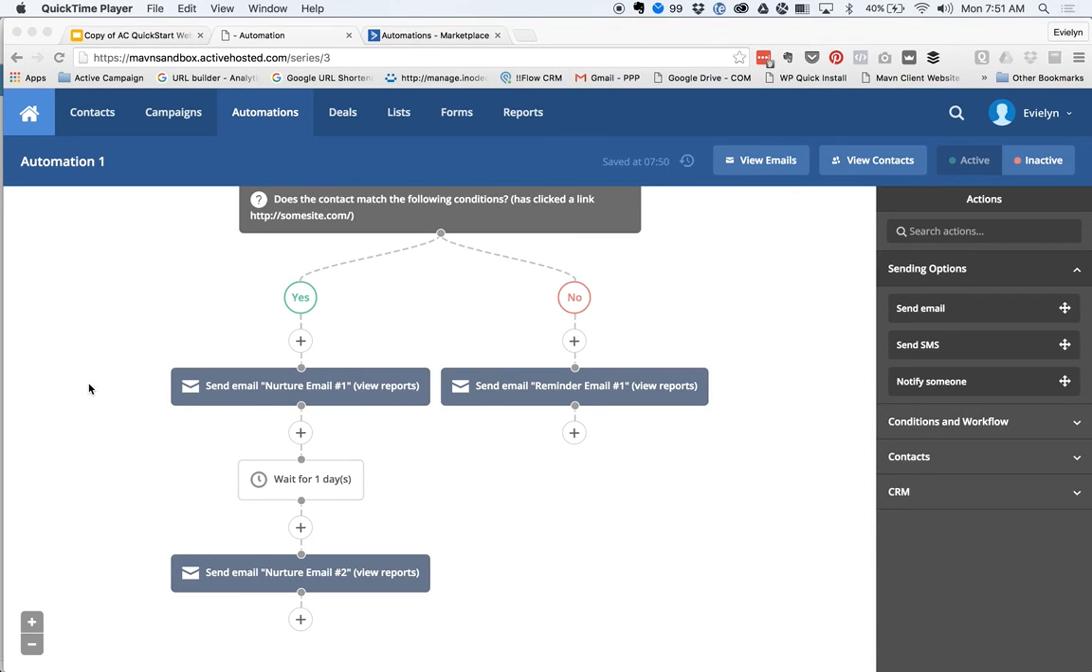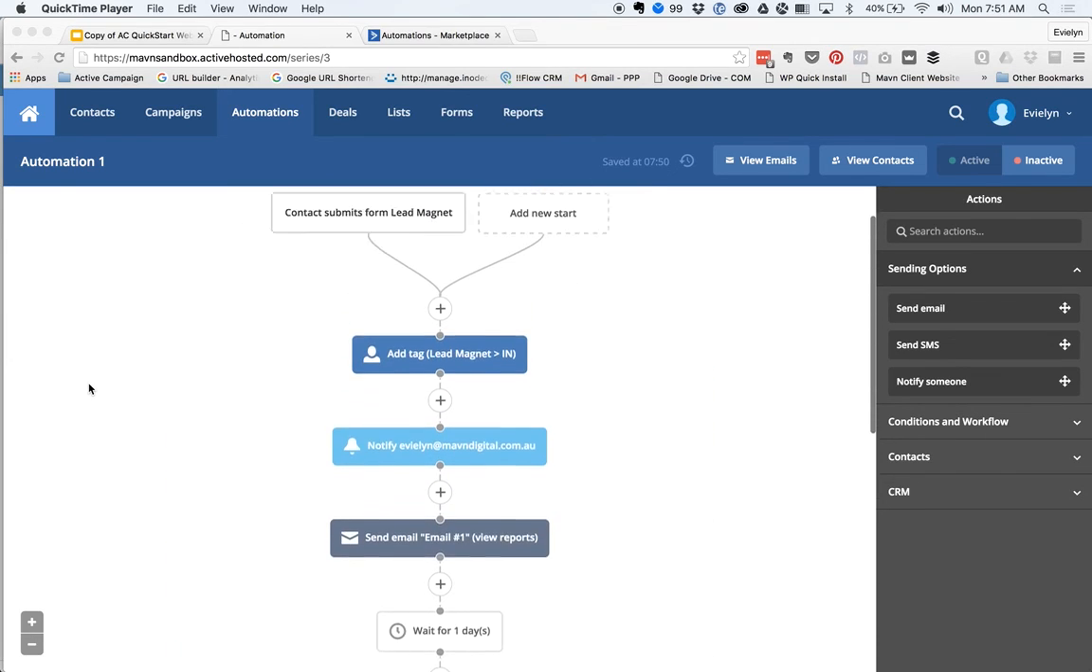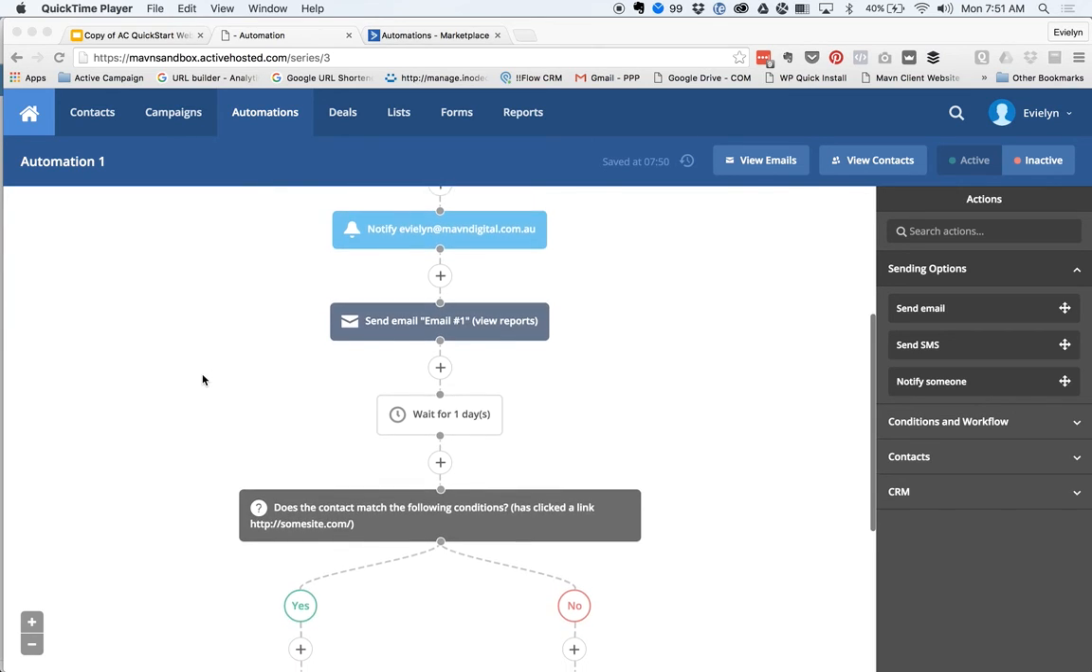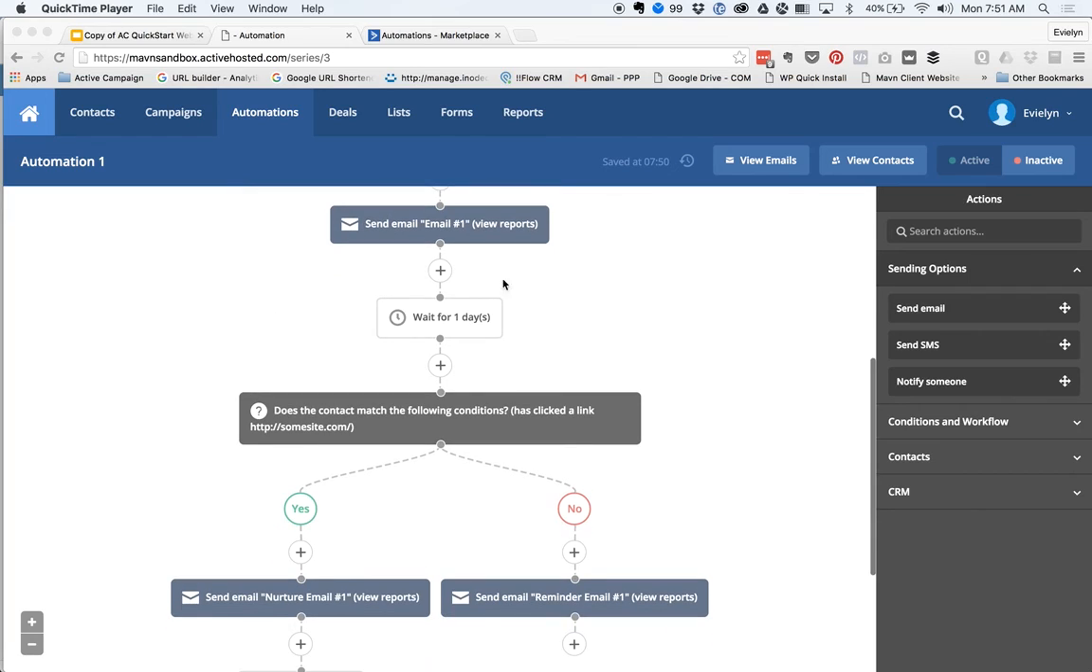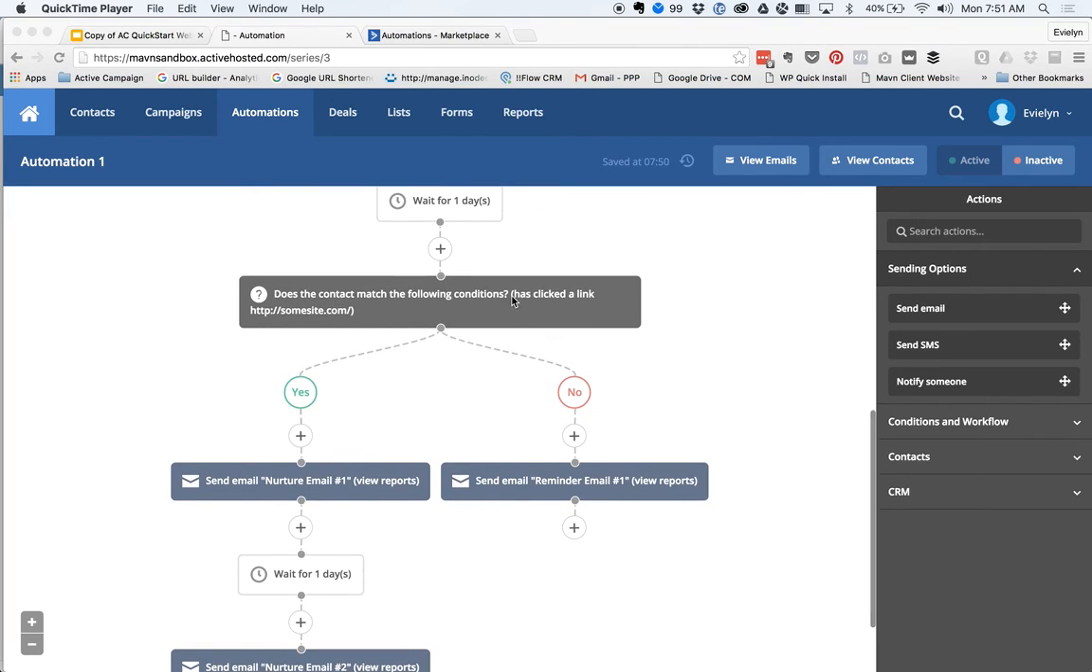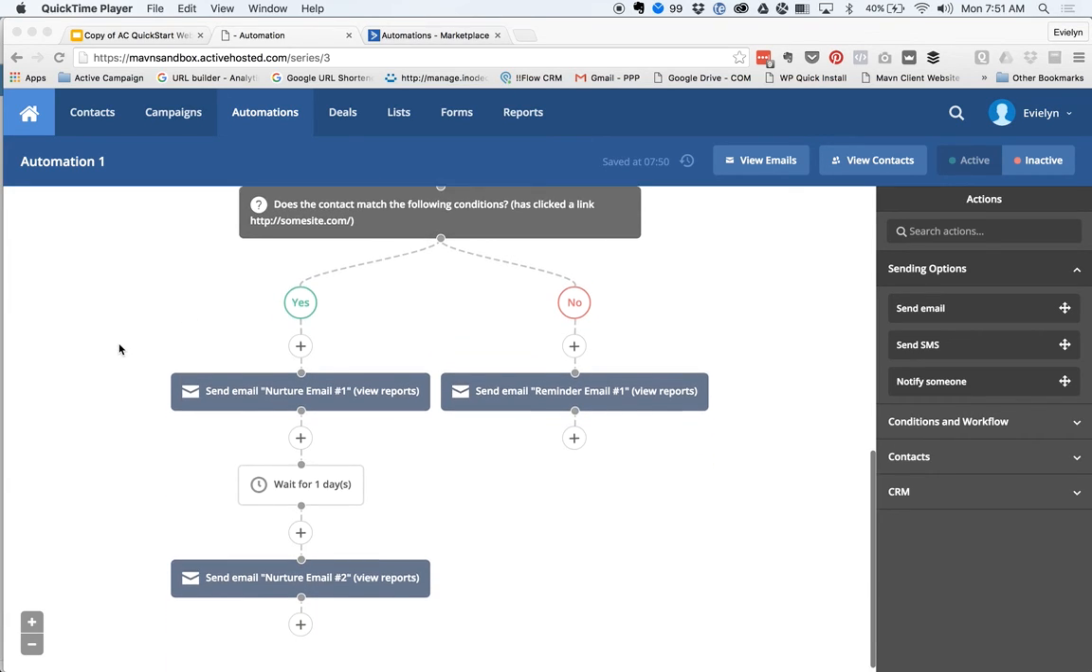Okay, so we built out a little more of this automation. As you can see now, we have our tag. We've notified whoever needs to be notified. We've sent the first email, which is delivery of the lead magnet. We waited 1 day, and then we've asked ActiveCampaign to match the conditions. So if they have clicked on the link to download, then they come down here into our nurture branch. If not, we've sent them a reminder email. Okay, so